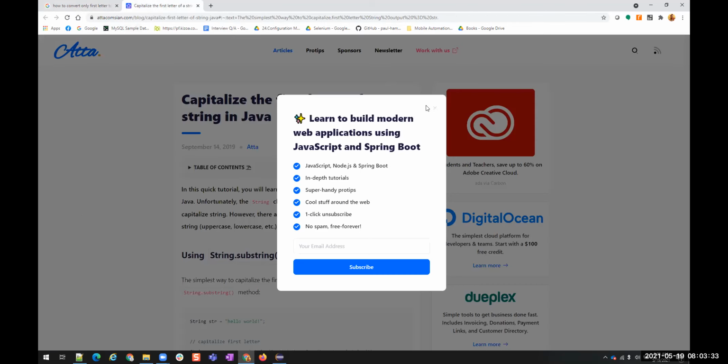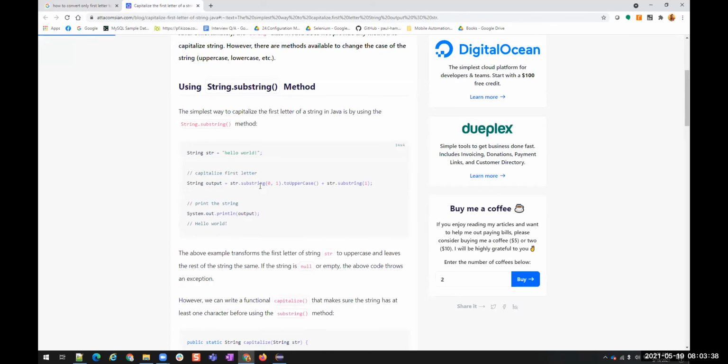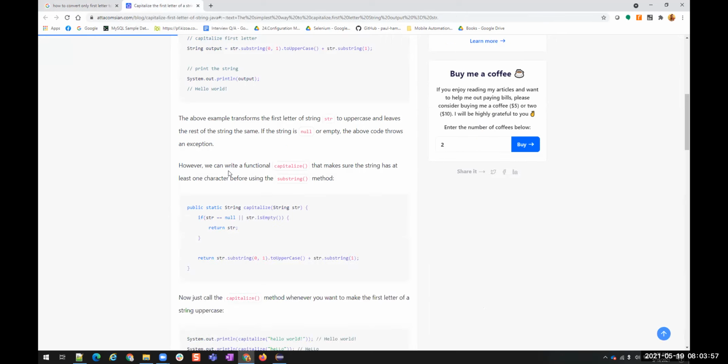That is why I'm searching. But you see, again, they are doing the same thing. We already have the substring method, so they are taking the first character, converting to uppercase, and then appending the complete substring. Understood? So we have to write our own logic. That's all.